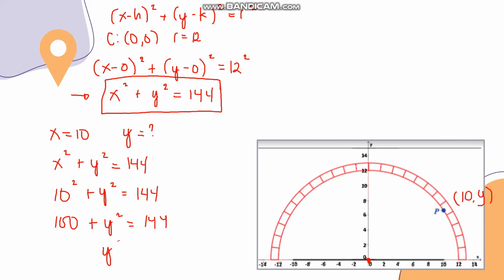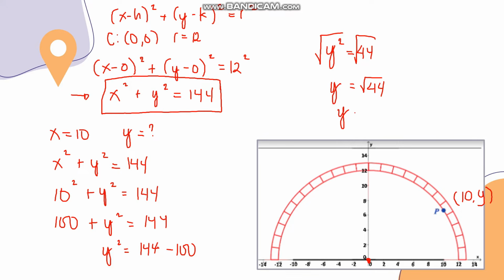You move 100 to the other side: 144 - 100. So we have y^2 = 44. Then you take the square root of both sides, since what we need is just y. So y is equal to the square root of 44, or if we get the approximated value of that,